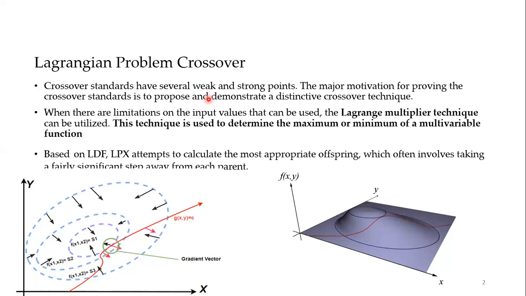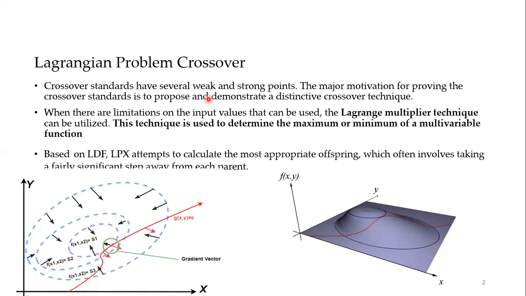This technique is used to determine the maximum or minimum of a multivariable function. Now, based on LDF, LPX attempts to calculate the most appropriate offspring, which often involves taking a fairly significant step away from each